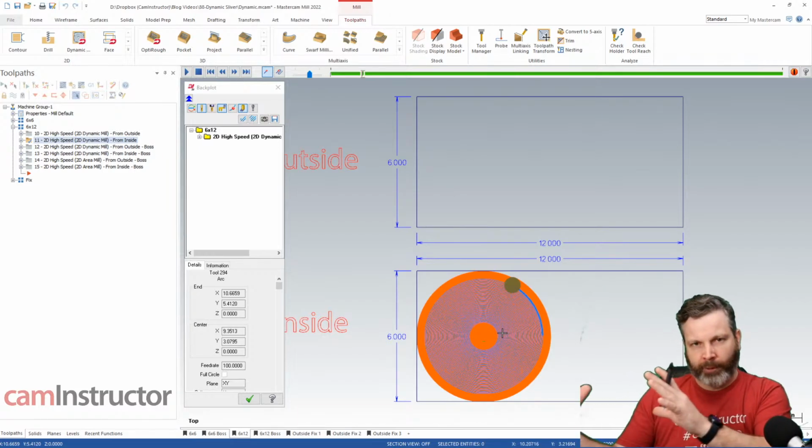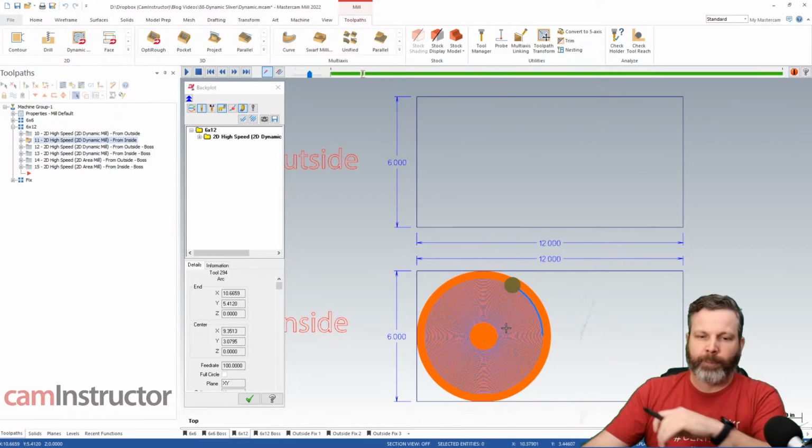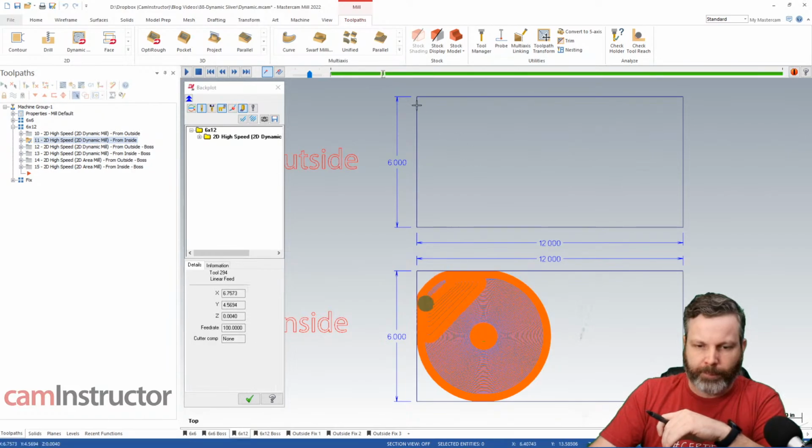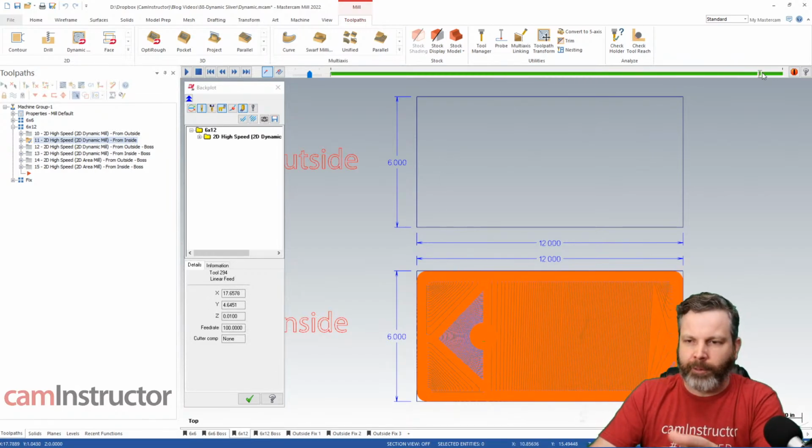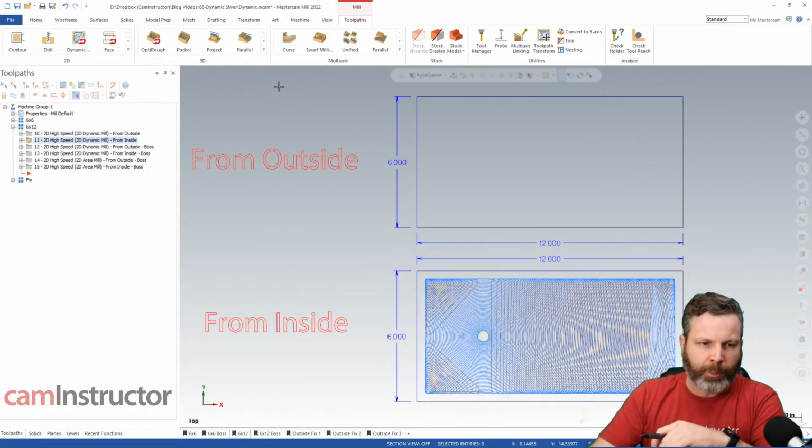But it's also shifted this entrance over so that it's getting more of this type of motion in the tool path than the corner type motion. Okay, so this path here, everything is fine, everything's great, no complaints. The problem that can come up with the from inside strategy, let's add that boss back in,